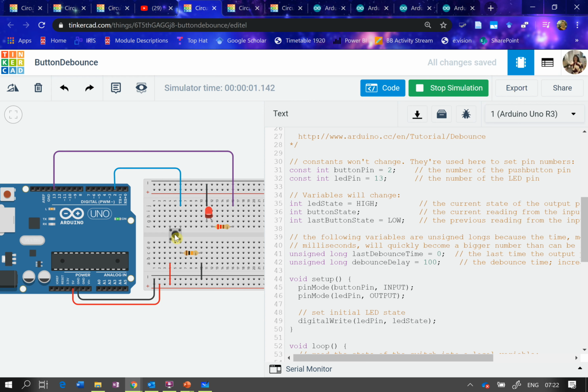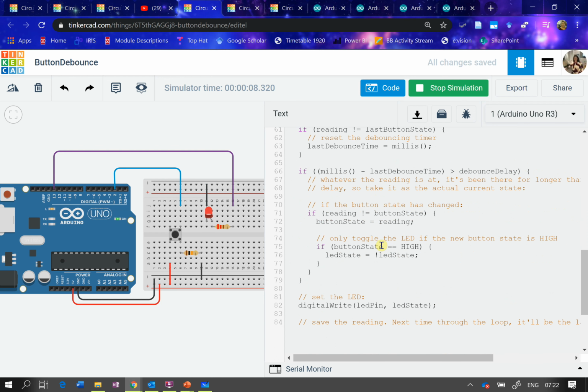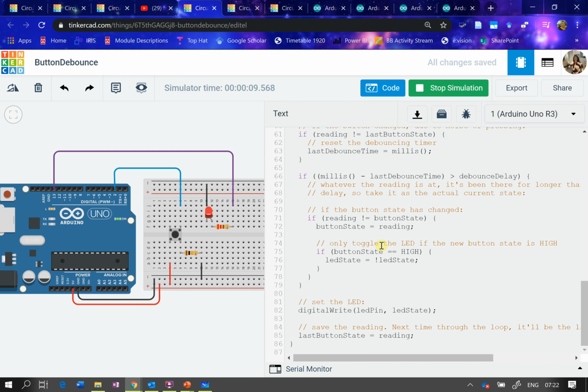If I make it too high, I'm multiple pressing and it's not going off. 1, 2, 3. Took me 3 presses then, but I need to keep it off. This value needs to be changed dependent on your circuit and your program, because obviously your program, depending on how you write it, if you've got many delays in it, because this program doesn't have a delay in it at all,